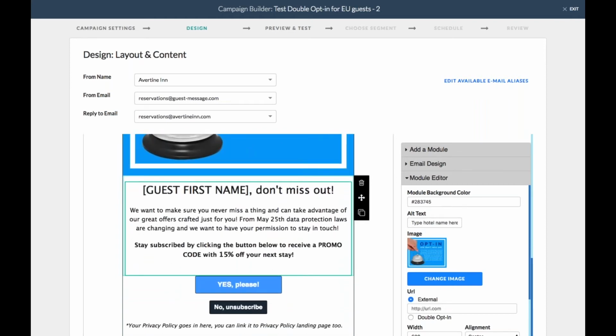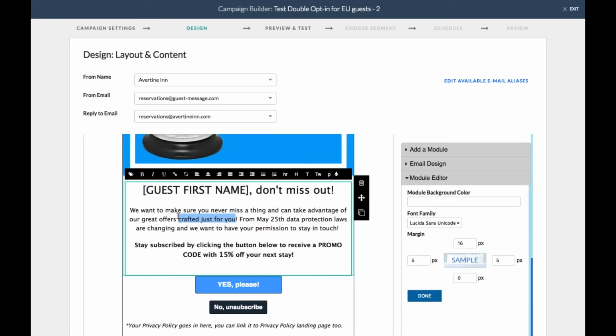I'll go ahead and read it for you. So, Daria, don't miss out. We want to make sure you never miss a thing and can take advantage of our great offers crafted just for you. Pay attention to how here I mentioned profiling by saying that the messages will be crafted just for them. My next sentence is, from May 25th, data protection laws are changing, and we want to have your permission to stay in touch. Notice how clear the message is. You need to make sure your message is very clear and states the purpose why you're emailing people. And the most important part,